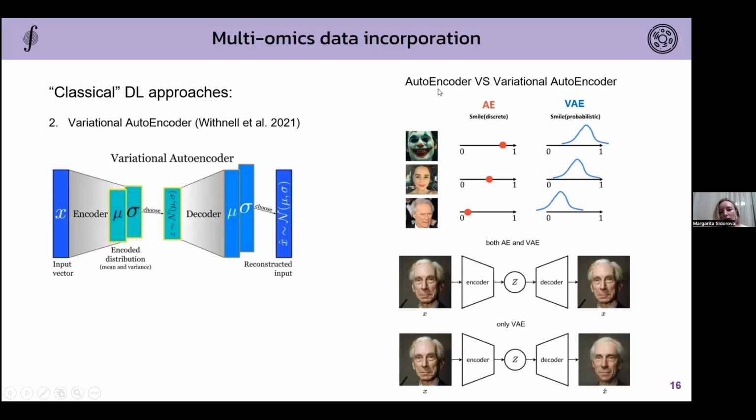And also, if an autoencoder is talking about some discrete values, the variational autoencoder is talking about probabilities, and it addresses the issue of non-regularization of the space in a usual autoencoder, and also it gives us the opportunity to generate some new information from the spaces which cannot have this generative opportunity